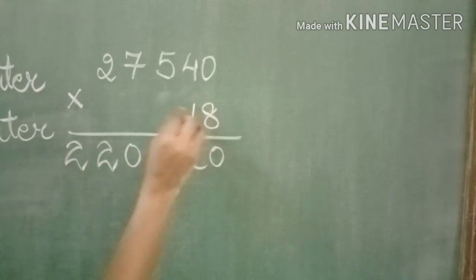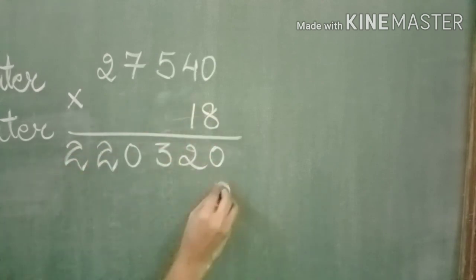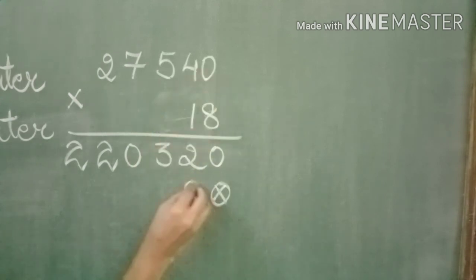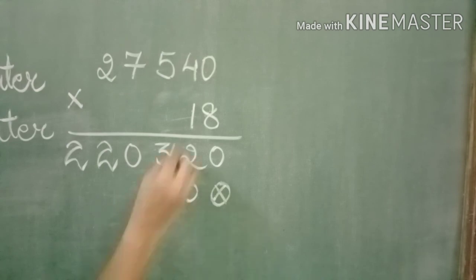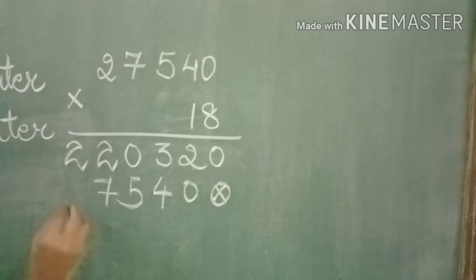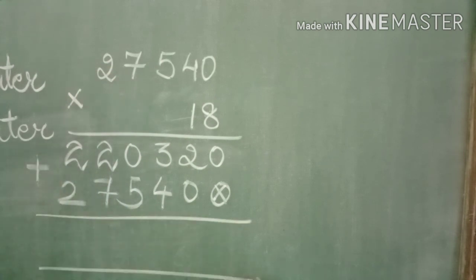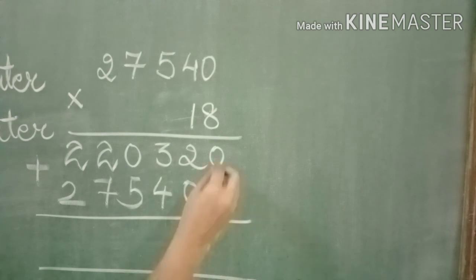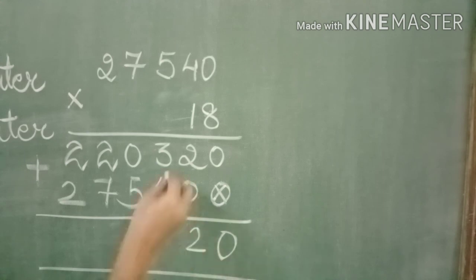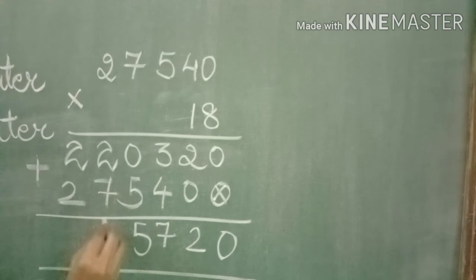Now we have to do the calculation for 1 which is standing in the tens place. So 0 we have to write here down. 1 zeros are 0, 1 fours are 4, 1 fives are 5, 1 sevens are 7 and 1 twos are 2. Now we have to do addition. Okay, now let's do the addition. 0 plus 0 becomes 0, 0 plus 2 becomes 2, 3 plus 4 becomes 7, 5 plus 0 becomes 5, 2 plus 7 becomes 9 and 2 plus 2 becomes 4.